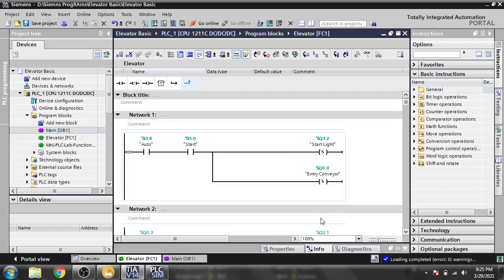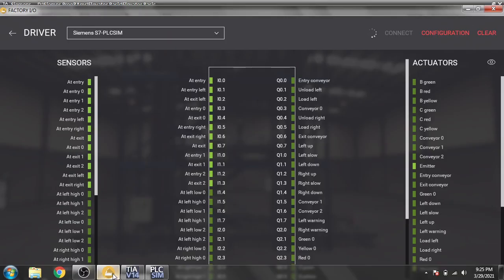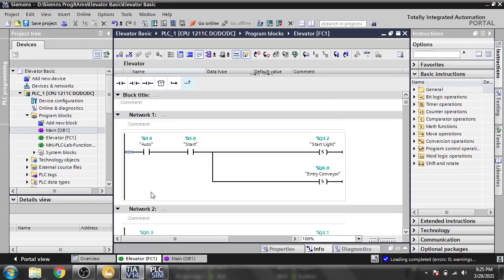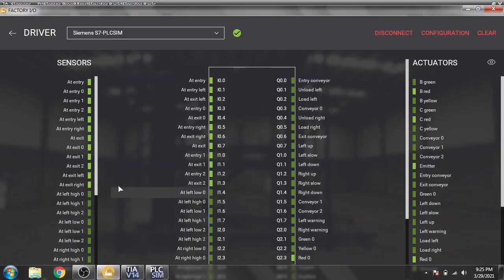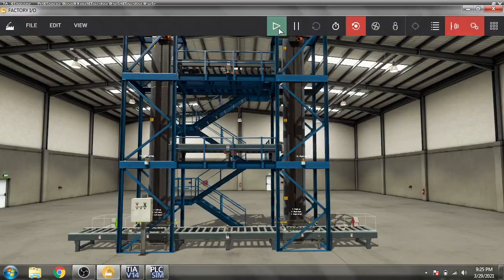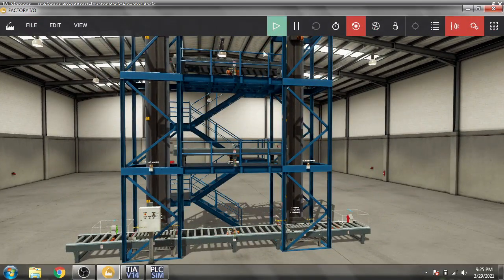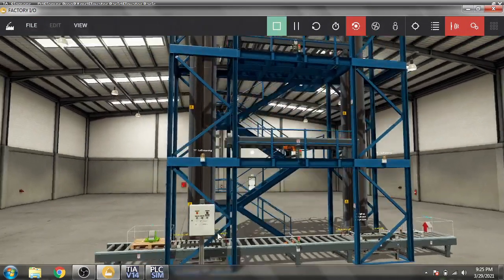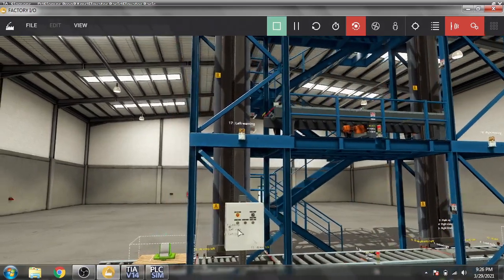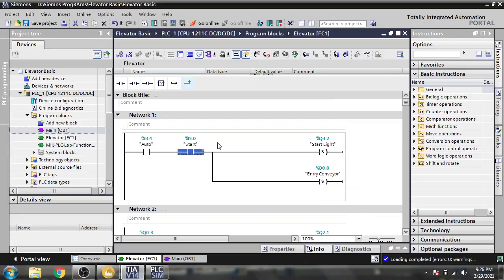Now first, you will see I have a start and stop button on our panel. We have the start, stop, and auto/manual buttons.